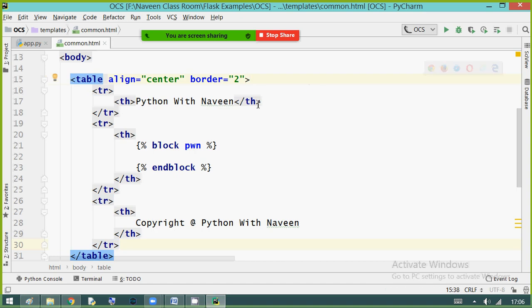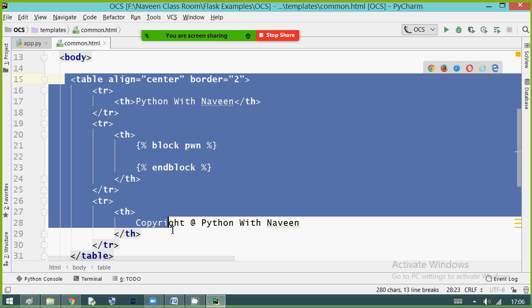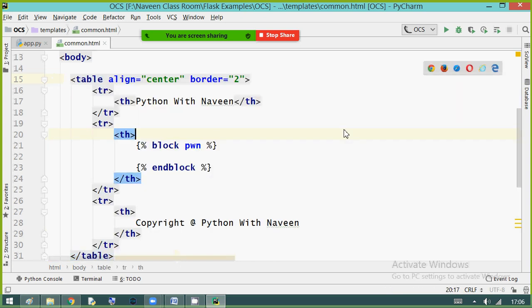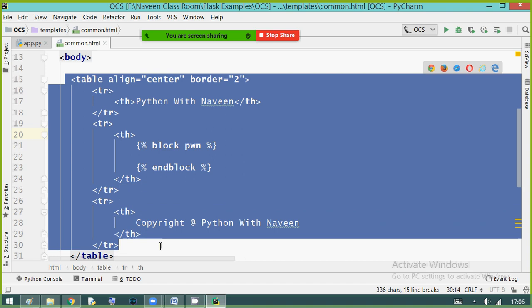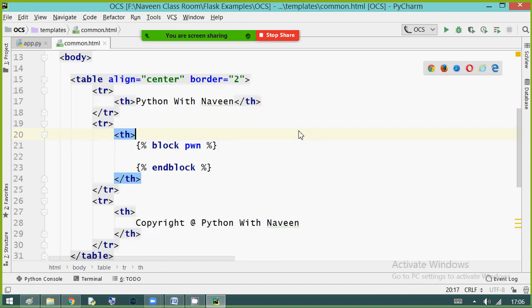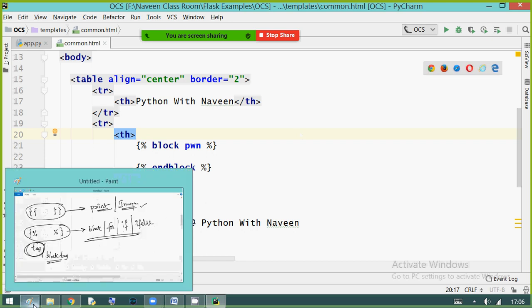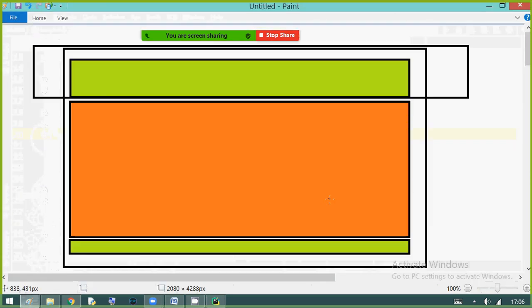I have written my common.html. This common.html, I'm going to inherit into other HTML files. As I explained, this part is common. The title is common, the header and footer are common, the copyrights are common.